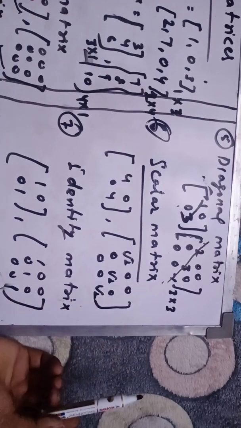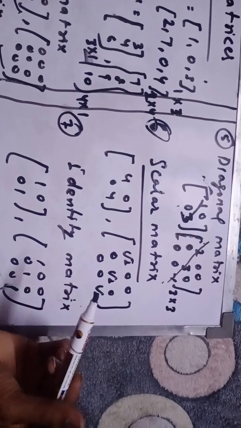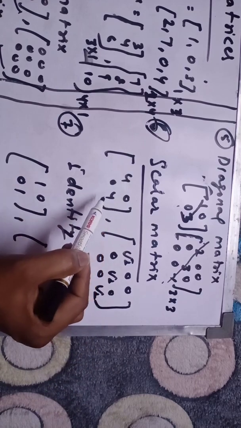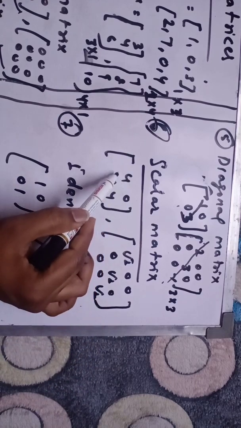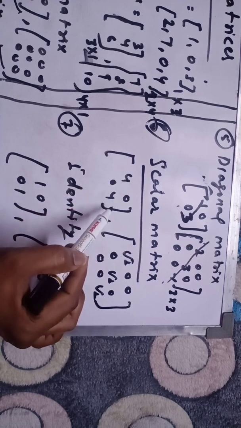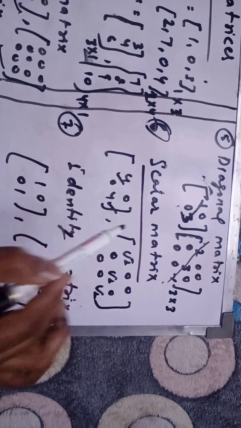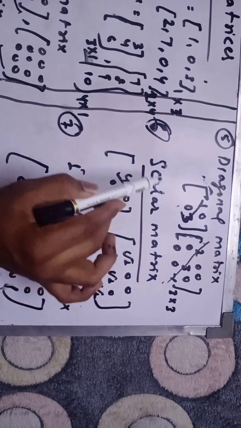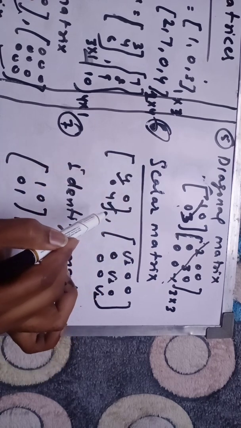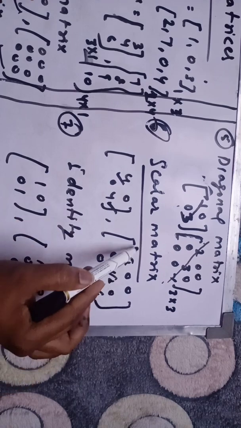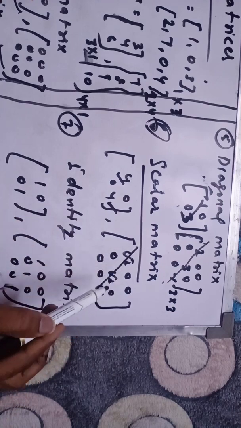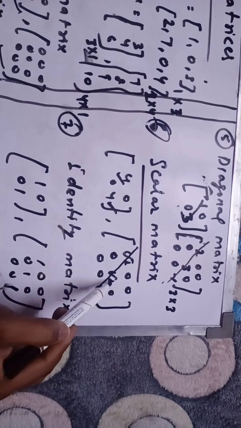Now next, the sixth matrix is known as scalar matrix. Scalar matrix is again a square matrix, and we will get the elements in diagonal form, but in the diagonal all the elements must be the same. So here we can see 4 0 0 4, it is a diagonal matrix, and these two elements which are coming in the diagonal are the same. That kind of matrix is known as scalar matrix. Similarly, here you can see this example. Root 2 is coming in all the diagonal places, and all the elements are the same. So it is a scalar matrix. Is it clear now? Square matrix, diagonal matrix, scalar matrix.